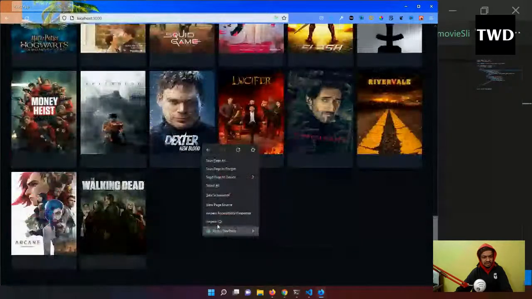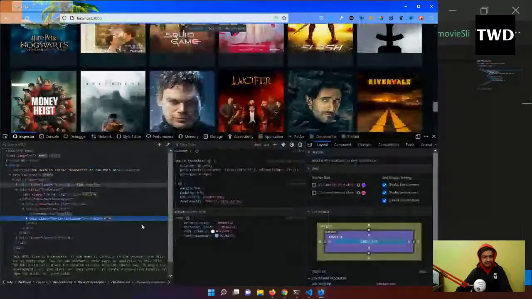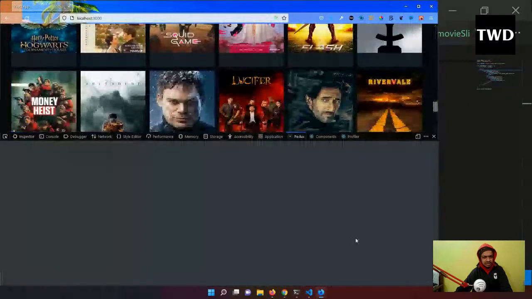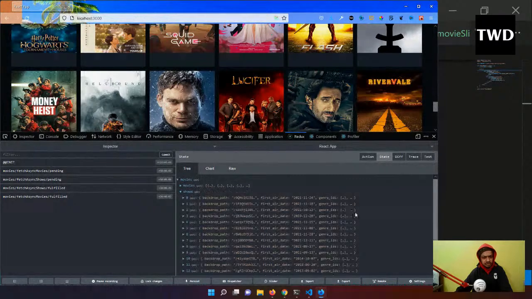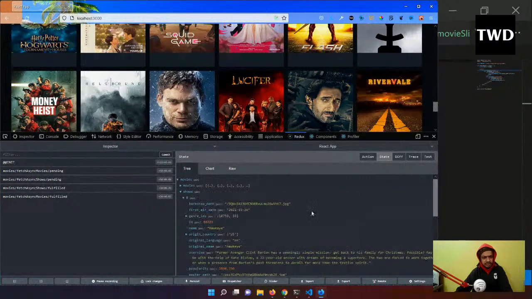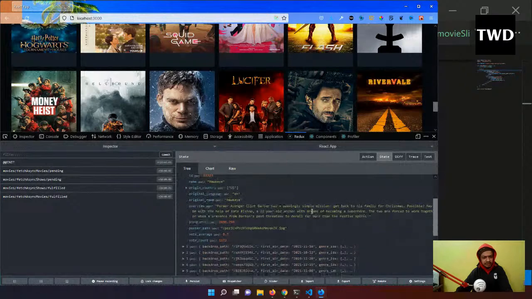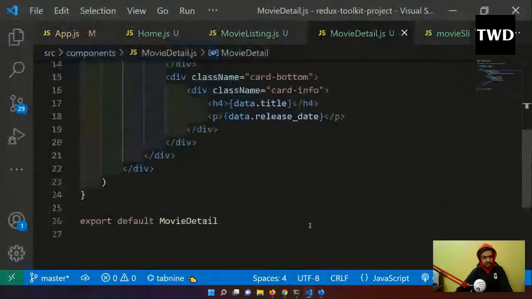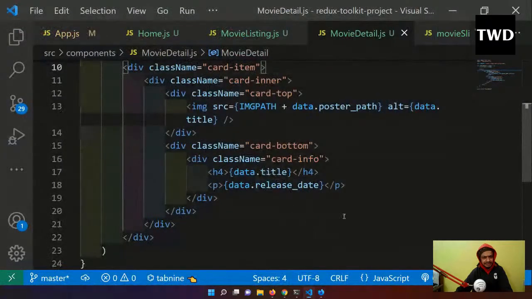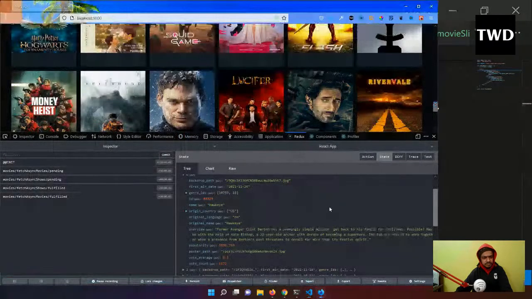So let us debug it. This thing happens. Let us debug it from here only. In the state I'll come. Movies I'll have, and movies is having this show. The shows I'll open, and the shows have what I am taking here, title and release date. So each show is having,